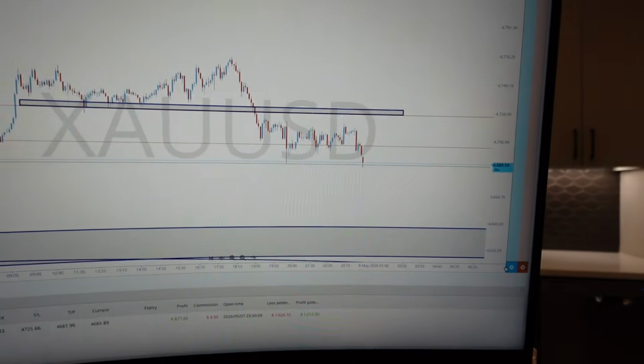Boom, boom, boom. I'm looking for her to kind of dump though. That's the thing. I'm looking for her to kind of dump. But instead of me sitting through this, because I got calls from students, I'll just take the $1,000 and run, and then just wait for another quality setup. So remember, y'all don't always have to just sit and take all the money in the world. I'm a day trader, so I trade every day. So every day don't have to be